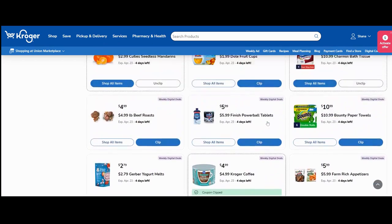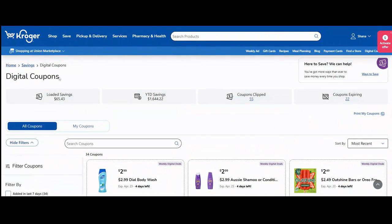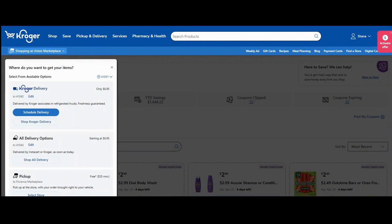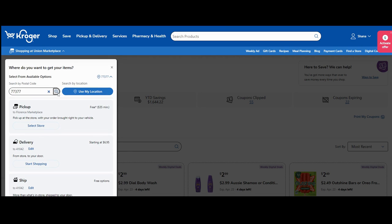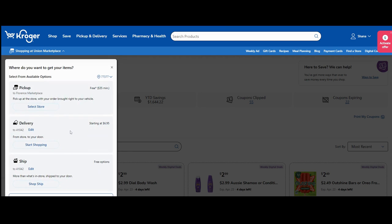So what we want to do is scroll up to the top here. Right now I'm shopping at a Union Marketplace here in Northern Kentucky. I actually changed that the other day because that's not my normal store, but I can get to it. All right, so right here is the zip code. We're going to put that down and we're going to change to a different zip code. Now there is one that I use quite often. It's a Texas zip code, 77377. It usually gives me different items. So when I look that up,